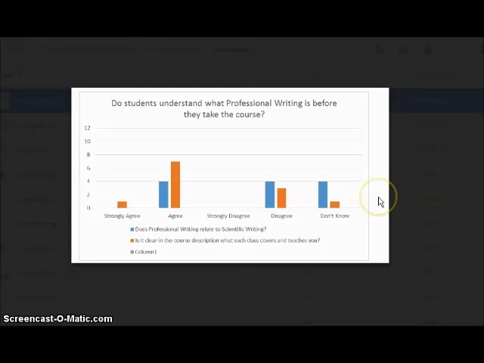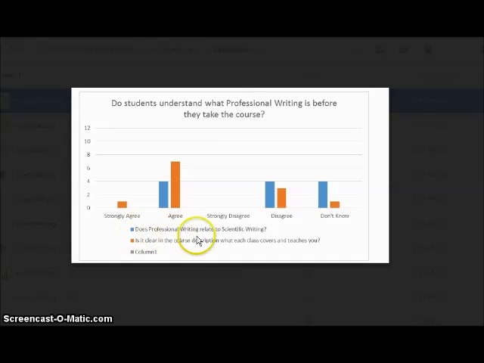So this chart is not quite as strong. This chart has a couple of problems. So we see the question up here, do students understand what professional writing is before they take the course? Okay. First of all, what course? And